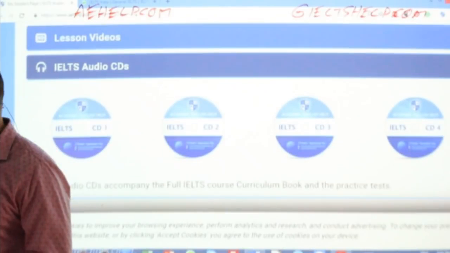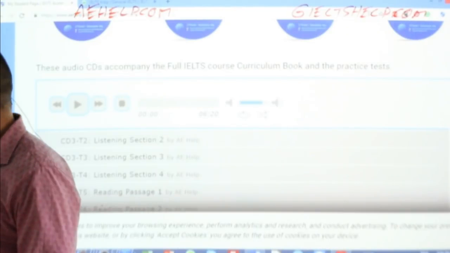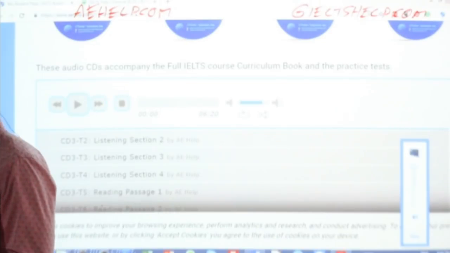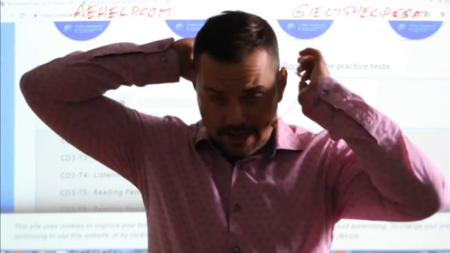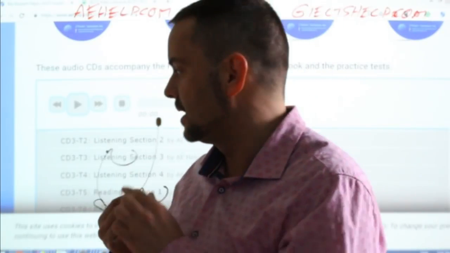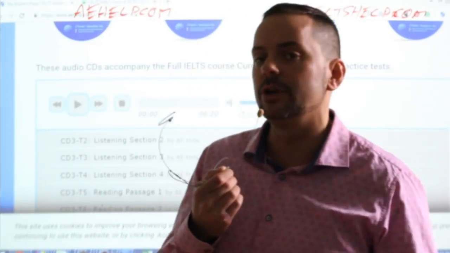So right now we're using the audio CDs, and this will be CD 3 because it is test 3, track 3 because it's section 3. Students, I have my volume turned up max. So I'm using my headphone mic here for the audio with a nice Bose speaker. It's the best I can do with this setup I have here in Europe. So if it's quiet for you, then make sure to just turn up the volume or use a headset on your end.